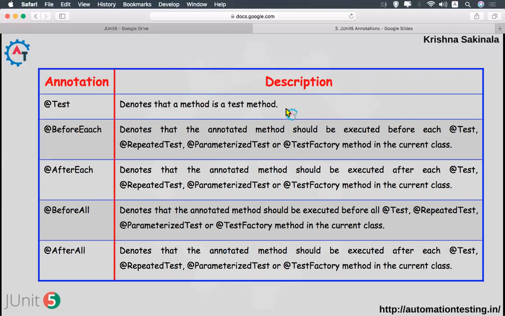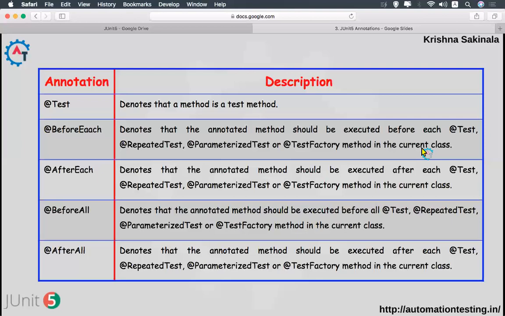Next, @BeforeEach denotes that the annotated method should be executed before each @Test, @RepeatedTest, @ParameterizedTest, or @TestFactory method in the current class. Apart from @Test, we have @RepeatedTest, @ParameterizedTest, or @TestFactory.